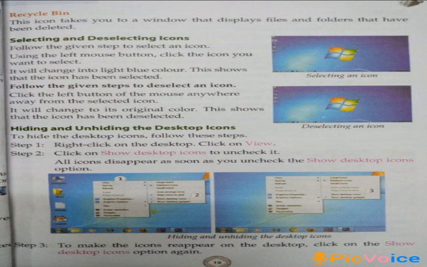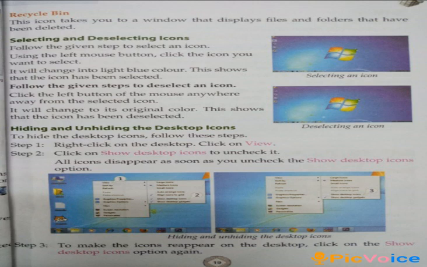Then selecting and deselecting icons. How to select an icon or how to deselect an icon. My dear students, to select an icon we should use left mouse button and single click on the icon. Then icon color will be changed into light blue color.